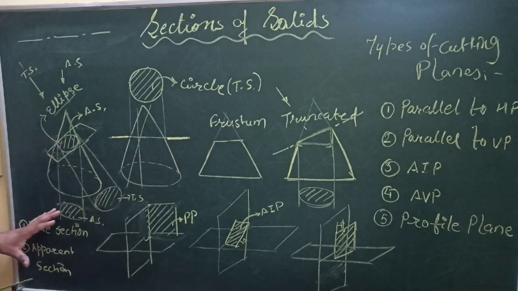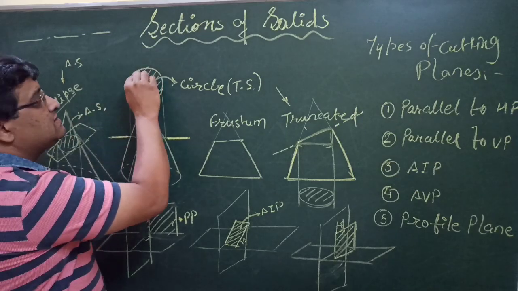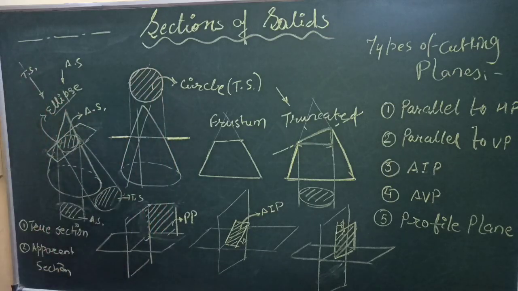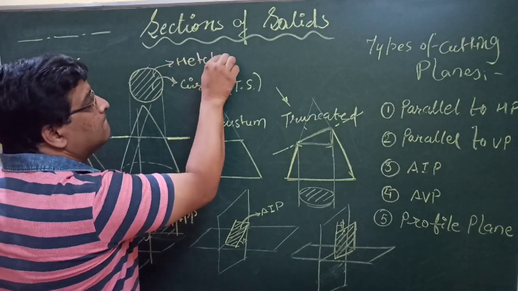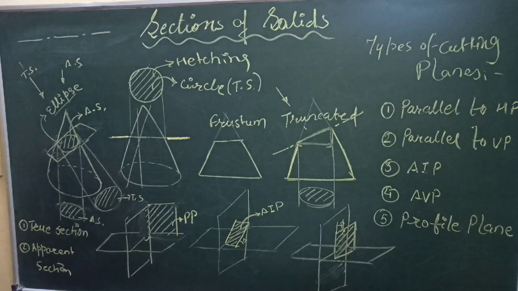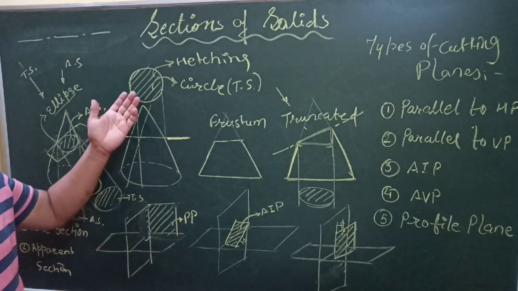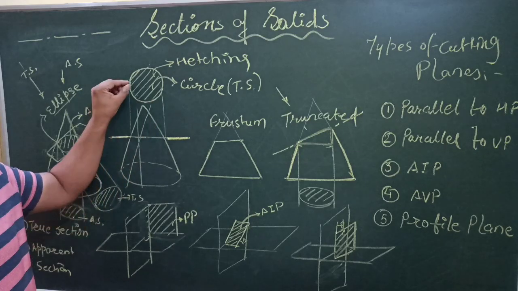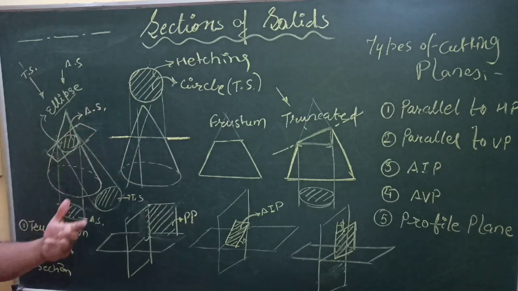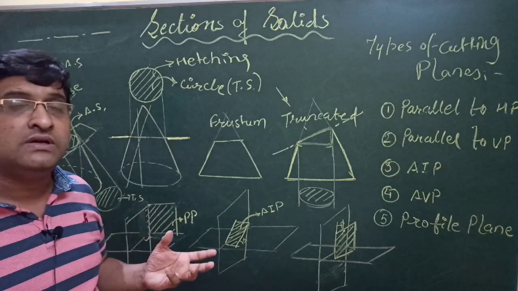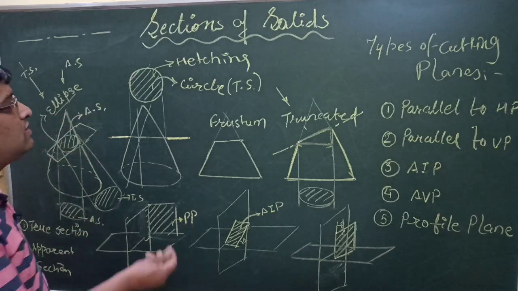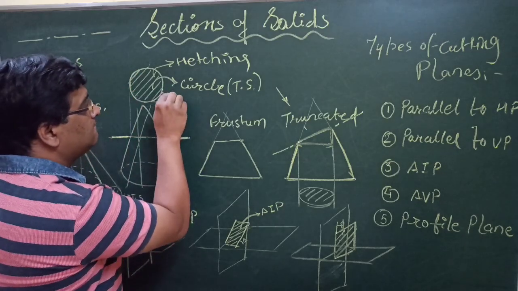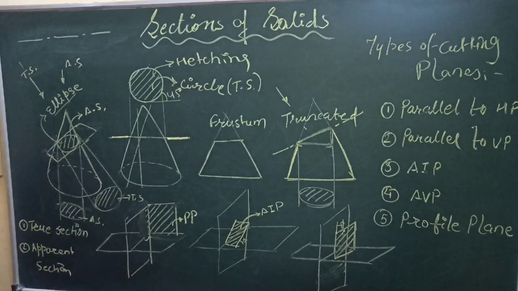Now let us come to the section lines or sectioning of the cut part. Now these lines are called section lines or hatching. This has some standards. The distance between these lines varies from 1 mm to 3 mm. As per the size of the diagram, you can take 1 mm, you can take 3 mm also, equally spaced, and the angle is 45 degree with the XY line in most of the cases.